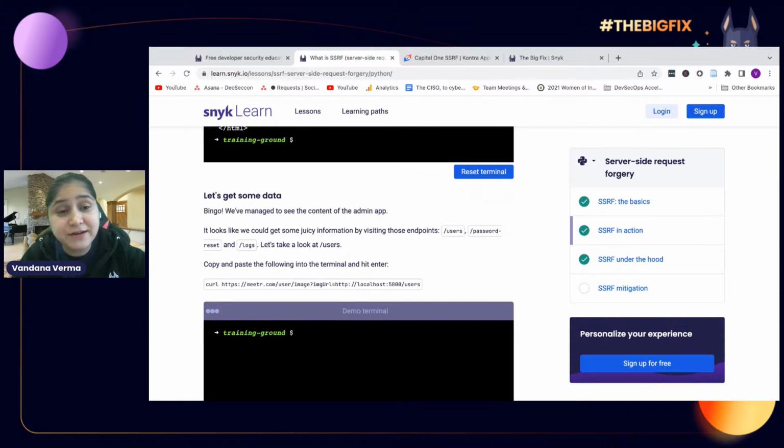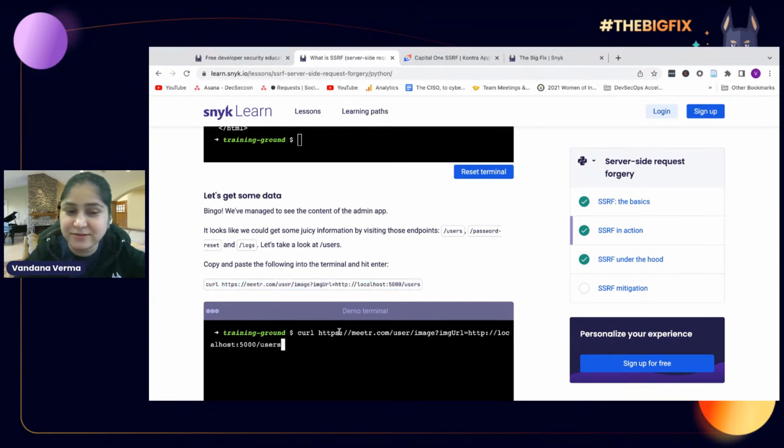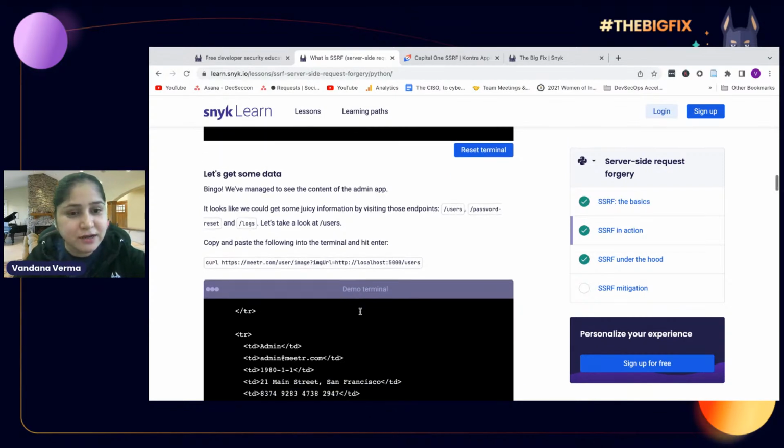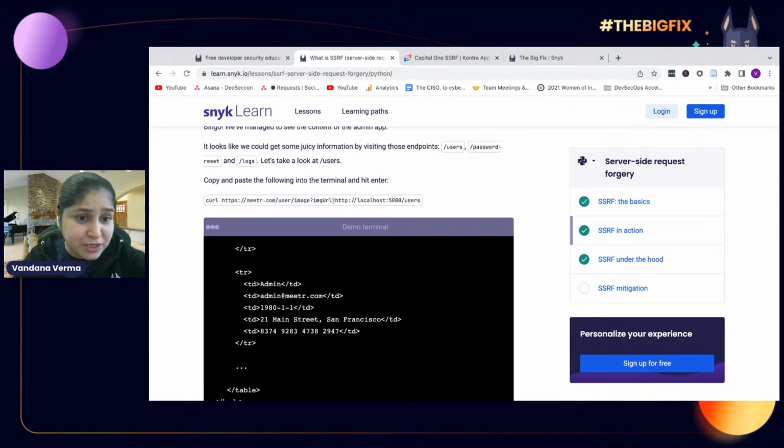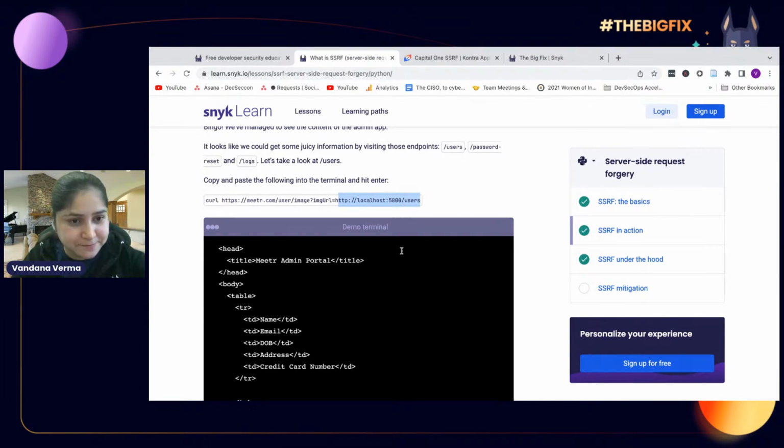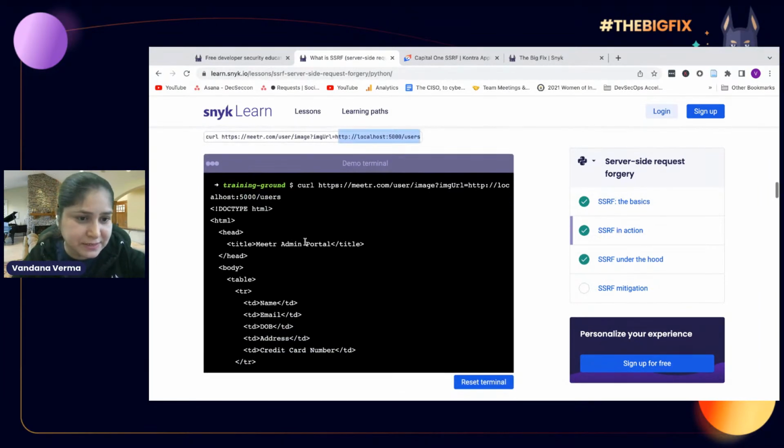So here we got really good information. I can play around with the admin app. Like, who doesn't want to play around? I want to have access to anything and everything that I'm working on. I want to get the list of users, passwords, their keys, and whatnot. So what I'm going to do is get the list of users if I can. Here, in the image URL, I have put in the localhost link. So it's reconning the localhost on port 5000 and trying to get the user list. Let's see what it gives.